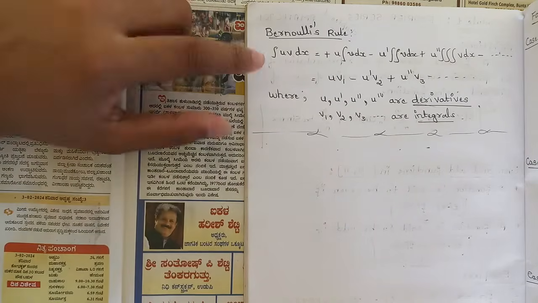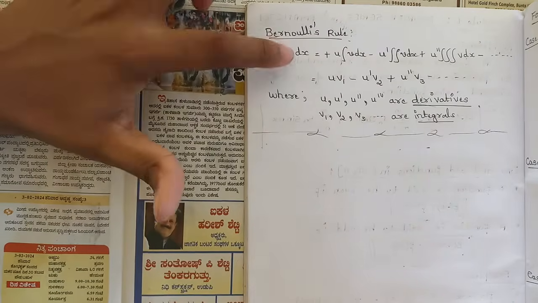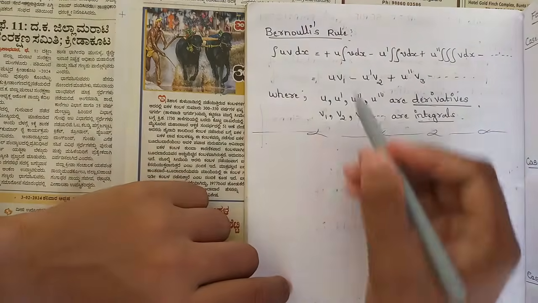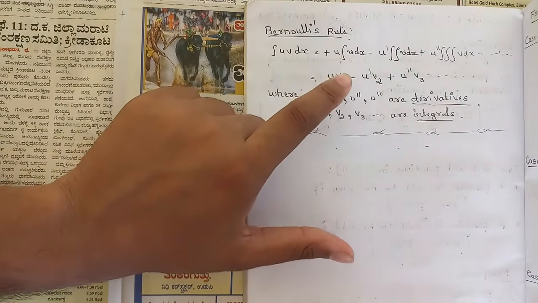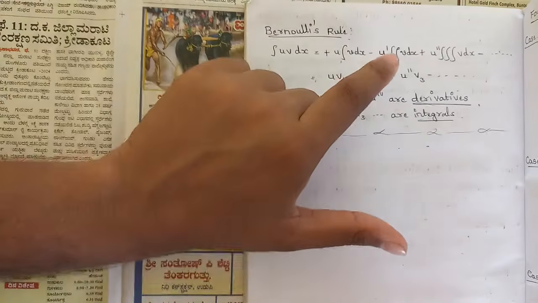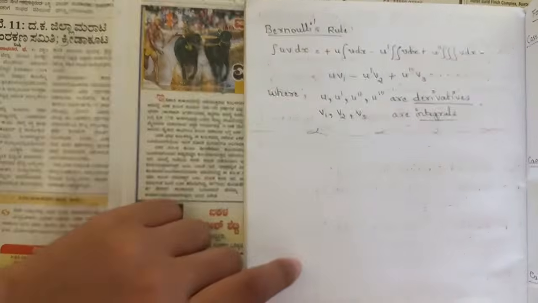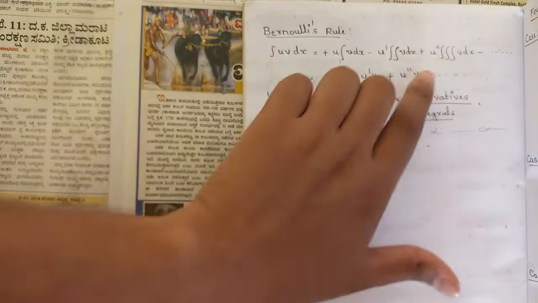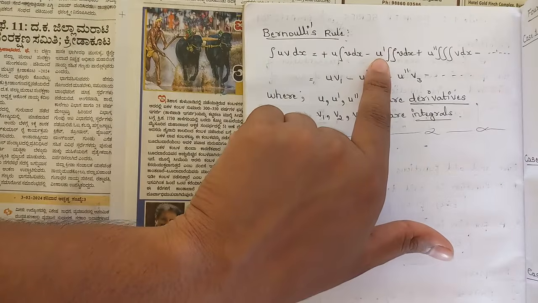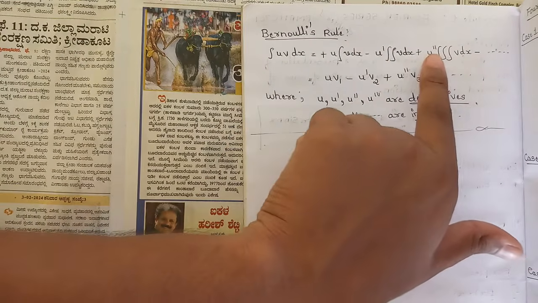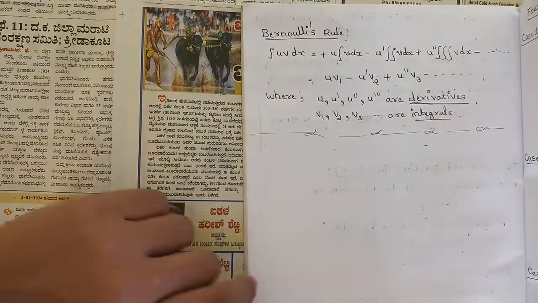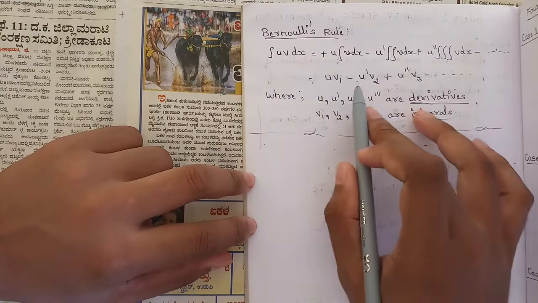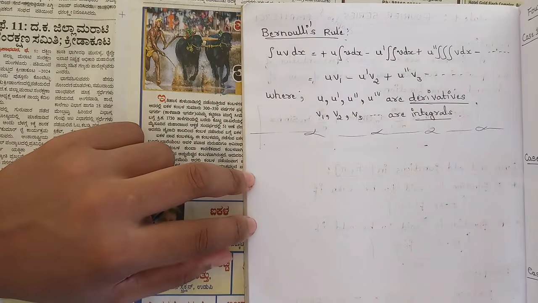So basically, if there is a product of two functions, that is u and v, inside an integral, the rule goes like this: first function into the integration of second function, minus the differentiation of first function into the integration of this integrated function, that is double integration, plus differentiation of this differentiated function, that is u double dash, into the triple integration, meaning integration of this function. So in a simplified way, we can write it as u v1 minus u dash v2 plus u double dash v3,